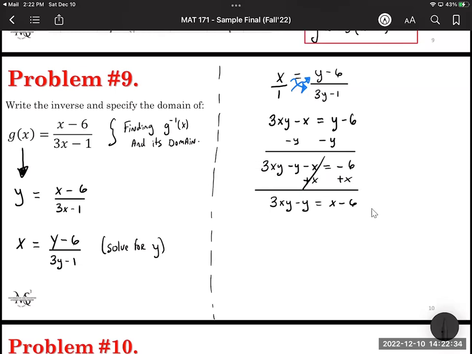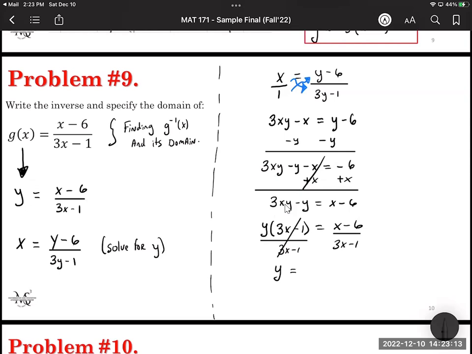All right, good. We're almost done. If you look at the left-hand side of the equation once again, what do I recognize with both of these terms? They both contain a y. So therefore, I can factor it out. When I factor the y out, we get 3x minus 1 is equal to x minus 6. If I want to get the y by itself, the one last thing I have to do is subtract 3x minus 1 on both sides. So the 3x minus 1's on the left will cancel. You get y equals,